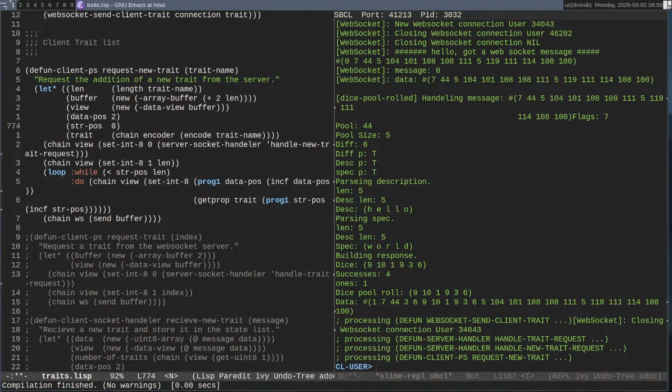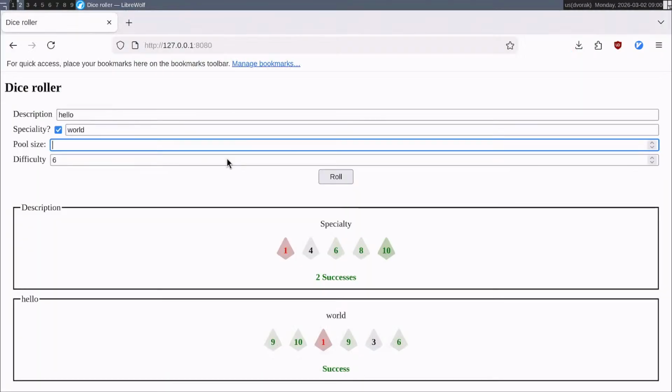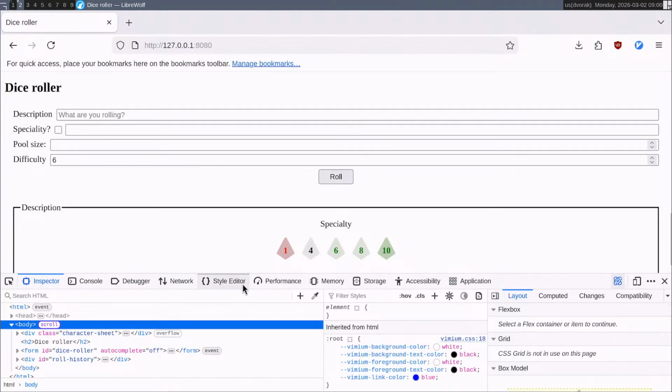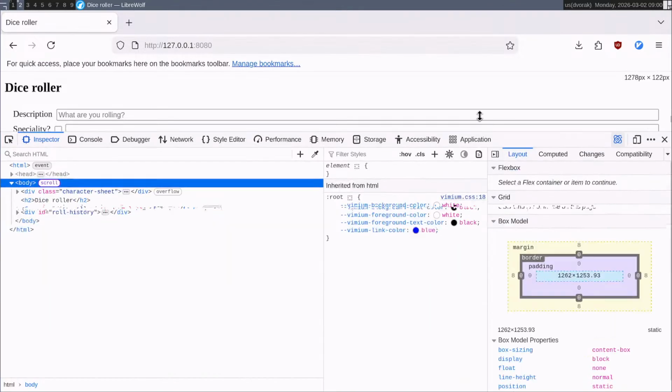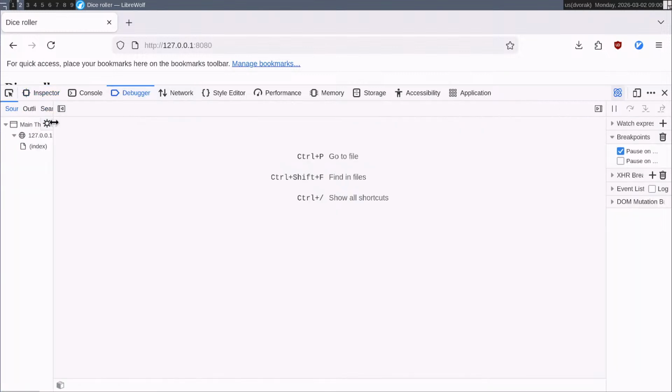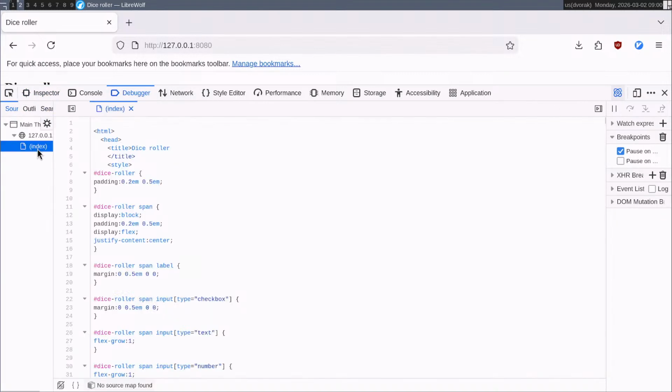Compilation finished. Okay. So this one is the JavaScript function that, in fact, let's have a look. Where is it? Here we go. In the old JavaScript, how do I do this? Debugger? Index?